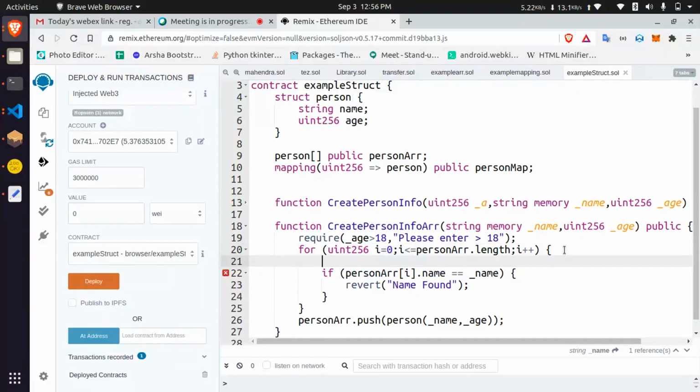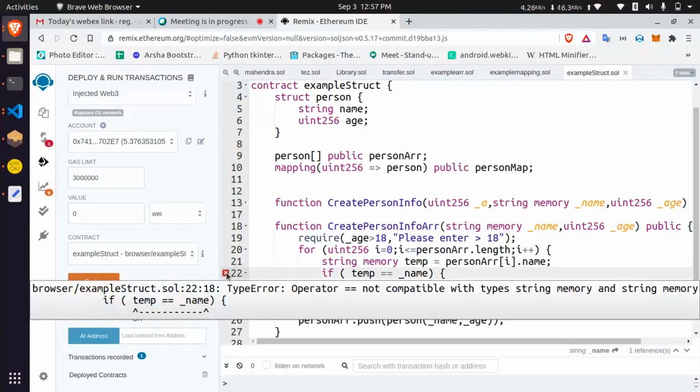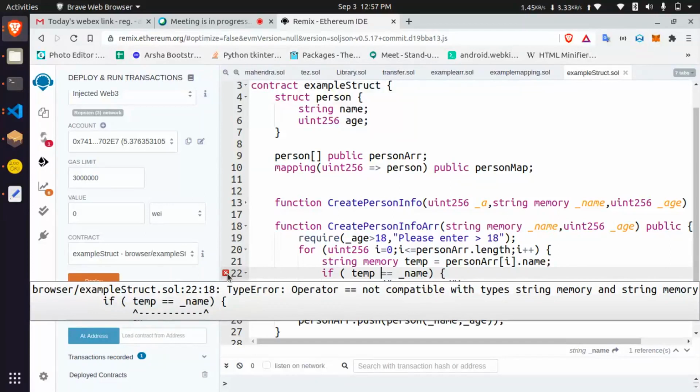Let's see, we can define that in a string array equal to... Showing operator not compatible with the type of string.